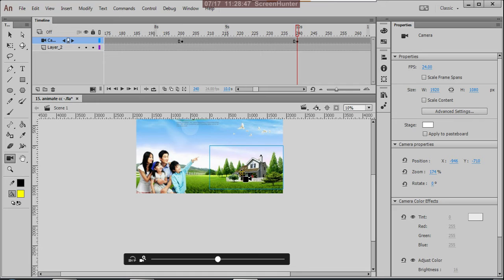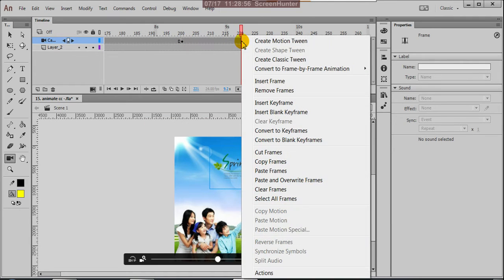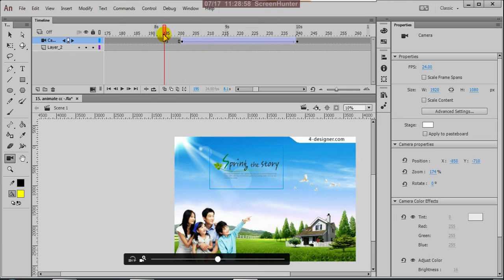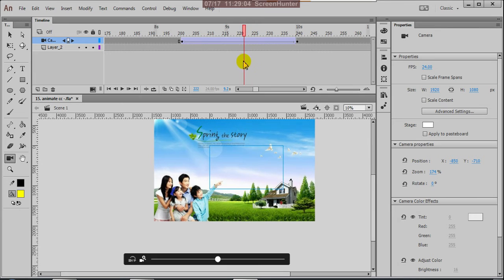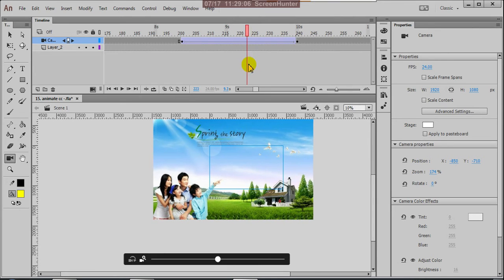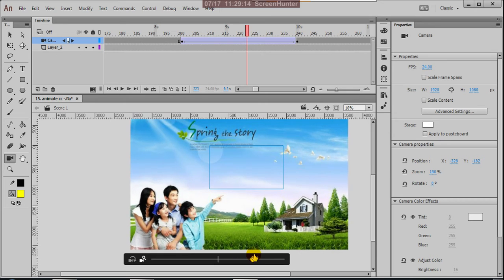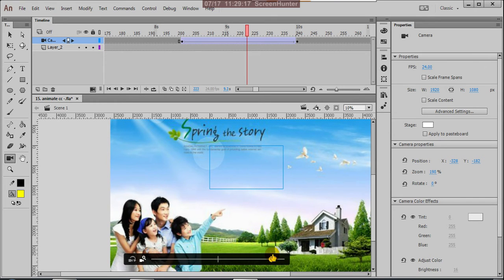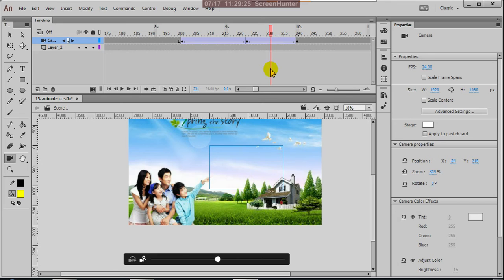Okay, then give create classic tween. Okay, so here this hand should not be included. After this, the hand should not be included.